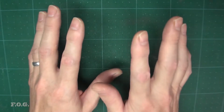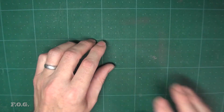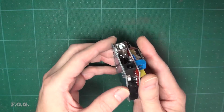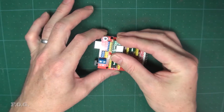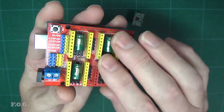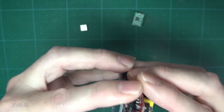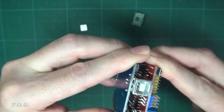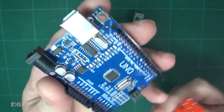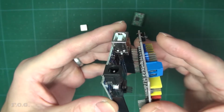Whoa. Let's hold on there for a minute. I think that explanation is a bit too hard and fast. So let's try and explain a little bit better. Here I have what is effectively the same controller, but in its original form. This board here is a breakout board, but effectively with some capacitors on it. You can see otherwise there's no componentry on here, and it's just an Arduino Uno shield. So this is the Atmega 328P. The shield goes on here,